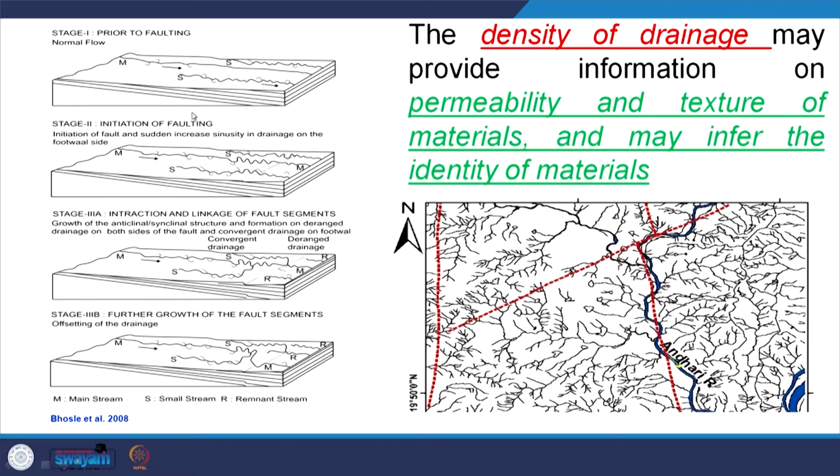And on the left side of this system you will find this change of drainage system with time. For example, earlier there are gently sloping sedimentary strata on which the streams are flowing. Now suppose a fault is growing here. With time the fault increases its length, and the elevation differences, the throws, also increase, and finally a full-fledged fault is developed.